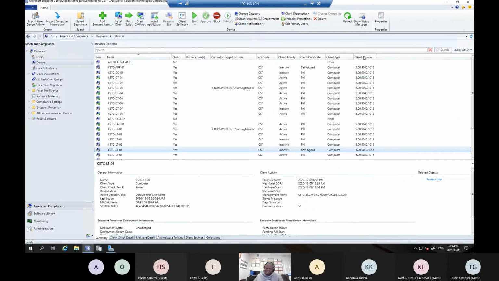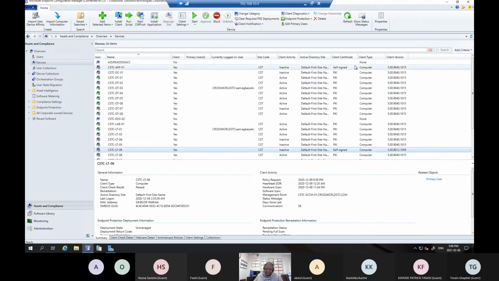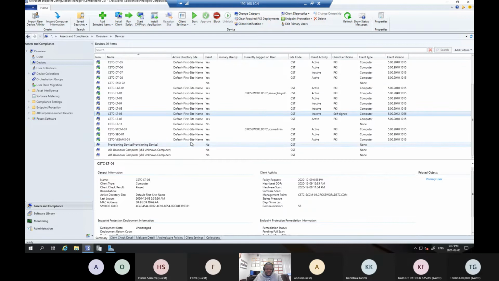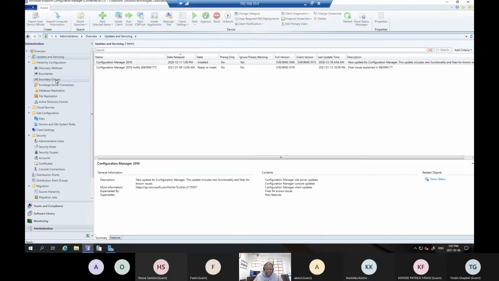You can get as many options in terms of your tabs here. All you need to do is right click here and pick what you want to see about the system. So I can say I want you to tell me the Active Directory site that each of these systems belongs to. The system is going to pick it out and give it to you. Here you see it's saying default because we didn't put a name tag on each one of them. So if I go back and change from the default first name, which is what we see here, by the time you come here,